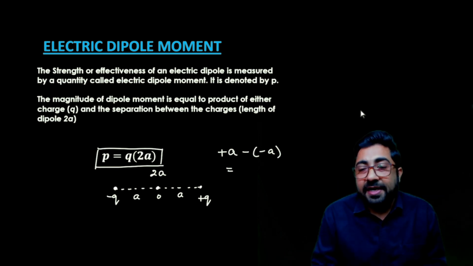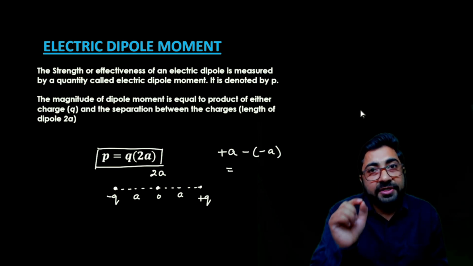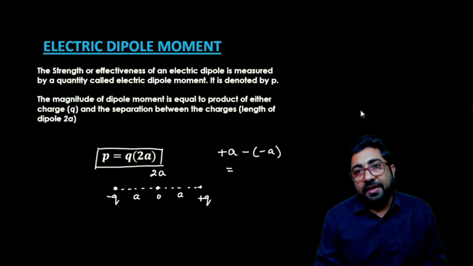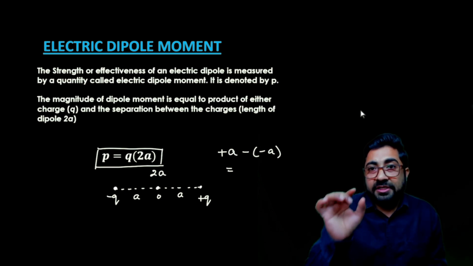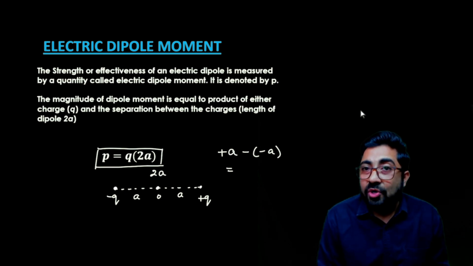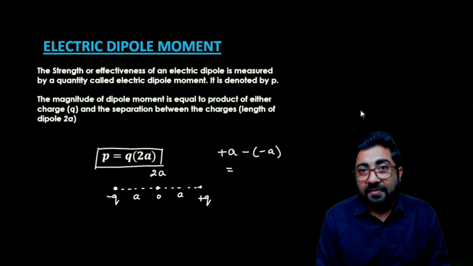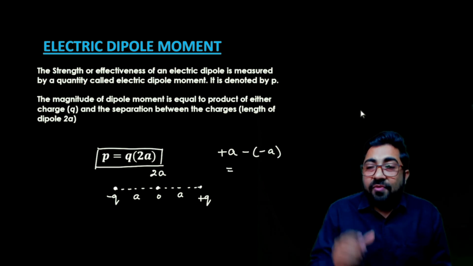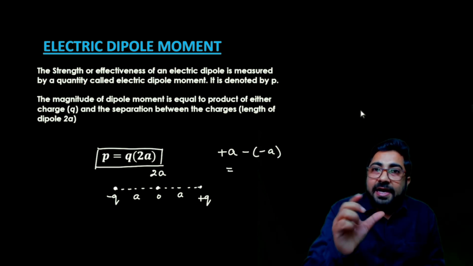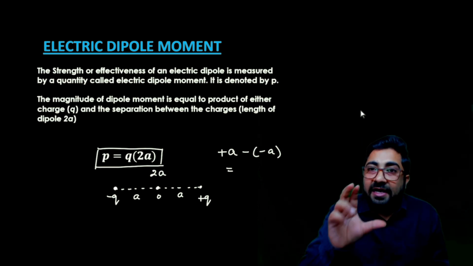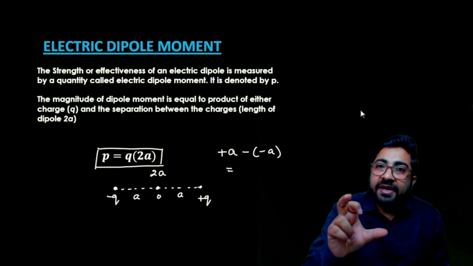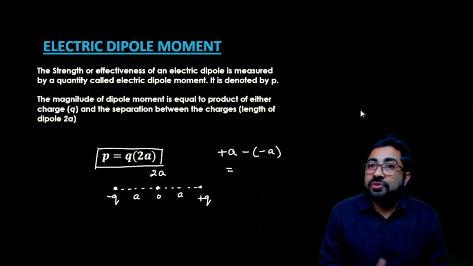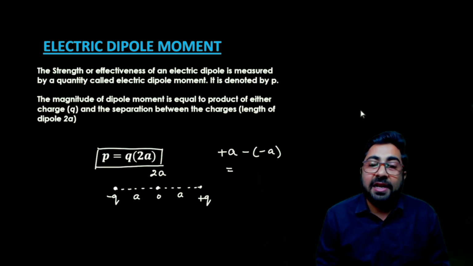The charges are greater, so the electrical force applied by the electric field on the charge of the dipole is now 2 times as previous. So what will happen? If I place the electrical dipole, then how effectively the dipole is affected by the electric field. That is known as the effectiveness of the electrical dipole.